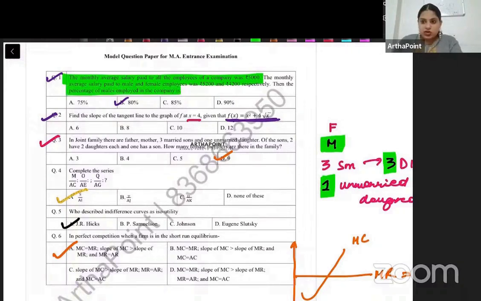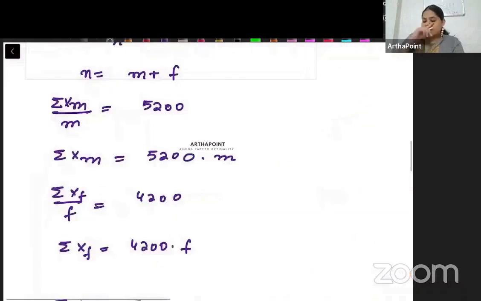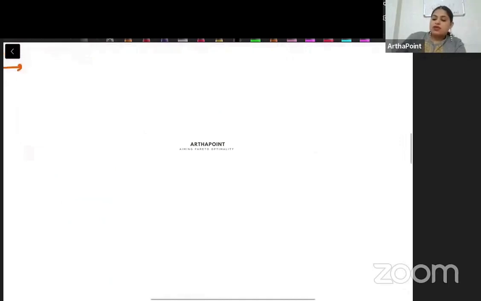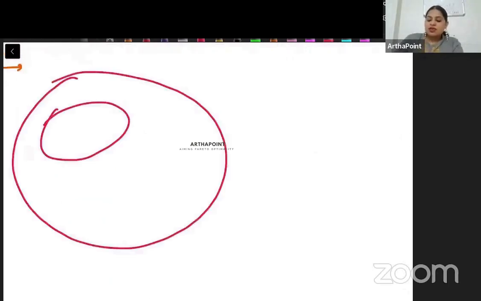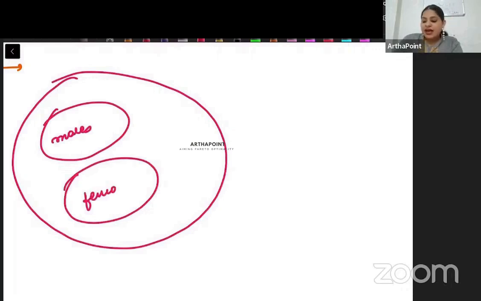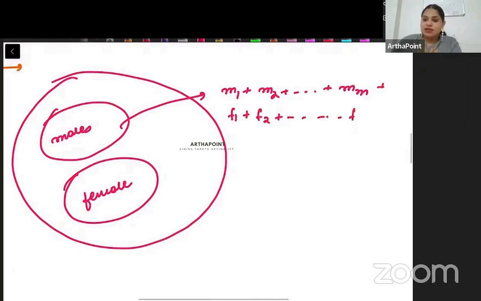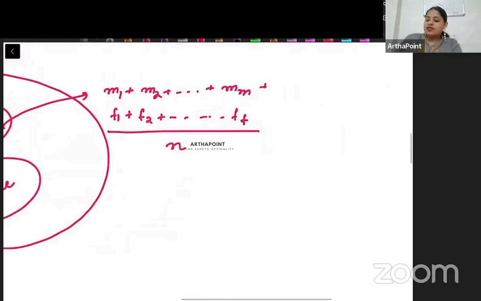Okay, let's have a look at the solution to this question. So beta, let's say that monthly average salary is given as 5,000. So if I think about it, beta, aise samjho, I have all these people in the company. There are some males in the company. There are some females in the company. When I add the salary of individual males, suppose male 1, male 2, till male M, suppose there are M males in the company, and the salary of females in the company, say F1, F2 till FF, say there are F females in the company, and I divide it by the total number, then beta, I get the average salary,